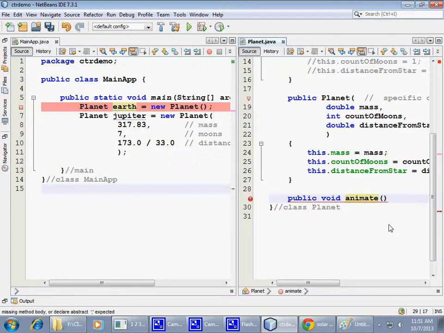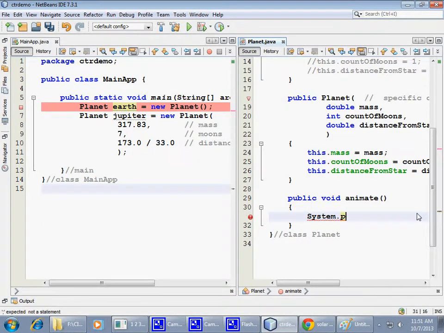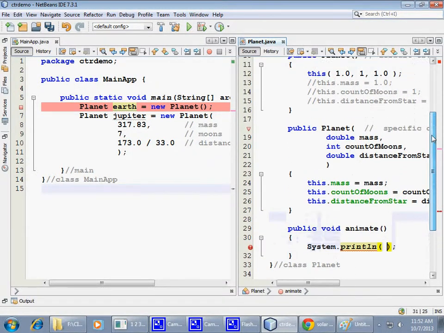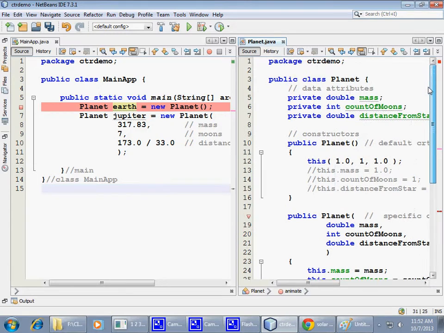It's a void method, which means it doesn't return any parameters back. And I will just say system print line, I guess, like a debugging line, and we could print, how about this? We also add